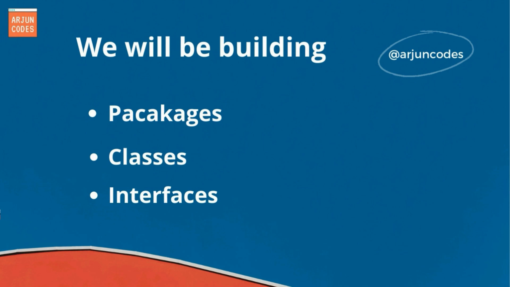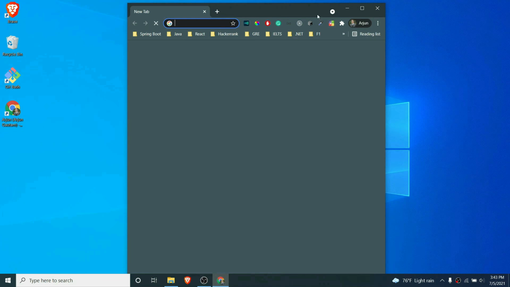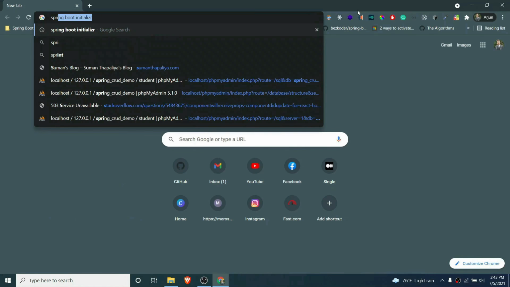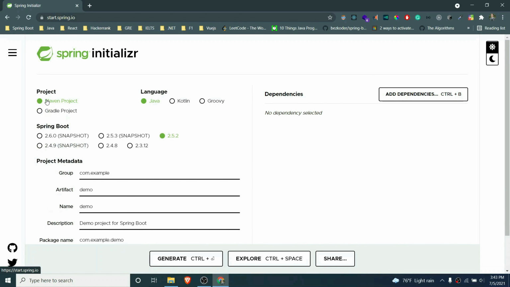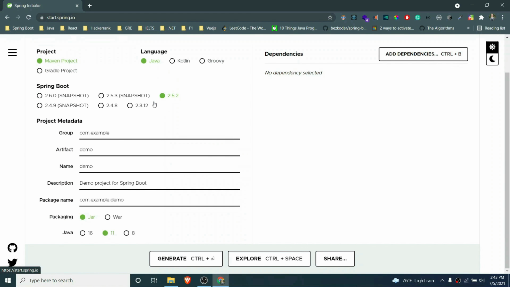So here we will be creating all the packages, classes and interfaces required for building the Spring Boot application. For that, quickly go to your browser and just search for Spring Boot Initializer and go to the first link from start.spring.io. Let me keep the default Maven project, Java language, and the default snapshot, and you can give some group name like ArjunCodes or your name, and the artifact ID maybe student